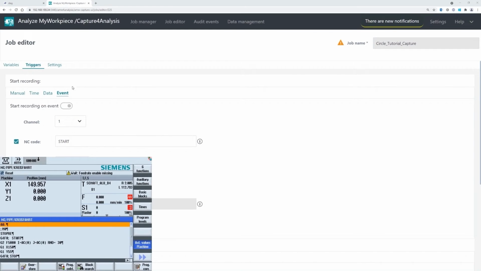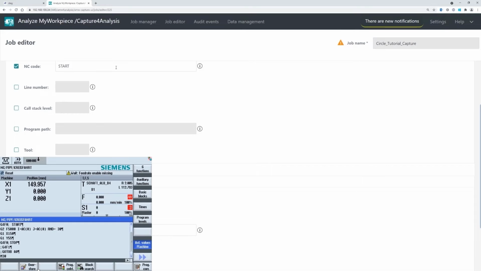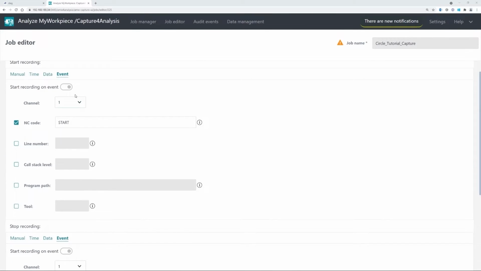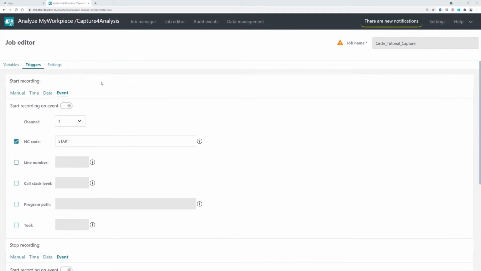If we have a closer look at the NC code, which I'm about to execute, we see that there are two lines: one is called G4F0 start and one is called G4F0 stop. We will be using those two lines to start and stop triggering our Capture job. That's why we have start at the top and stop at the bottom. And now we will be talking about